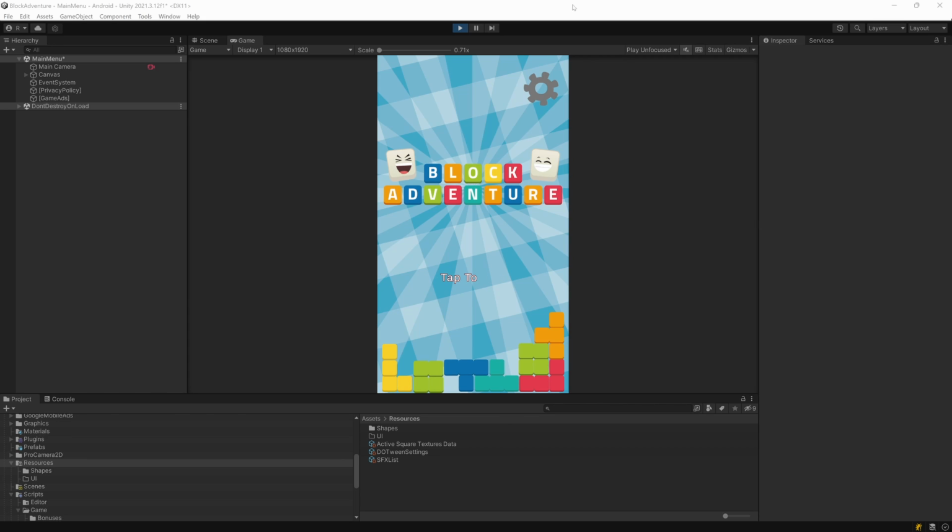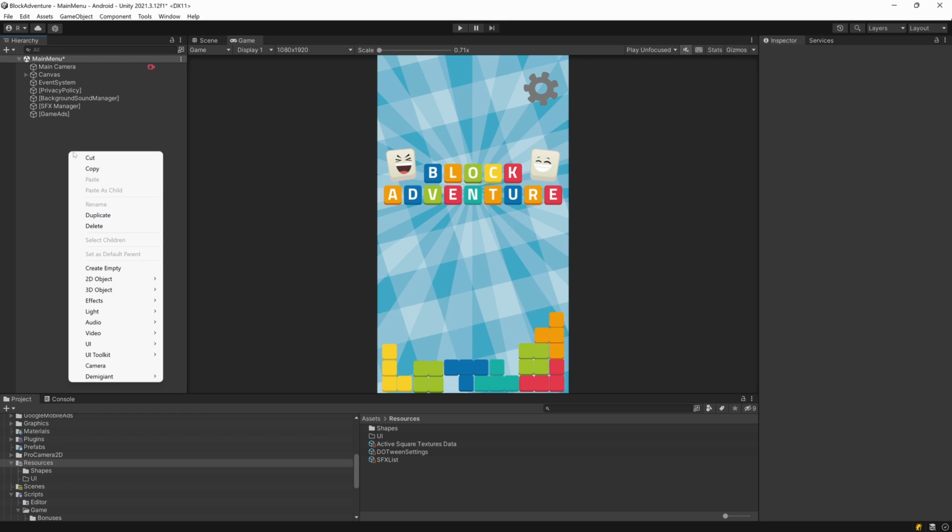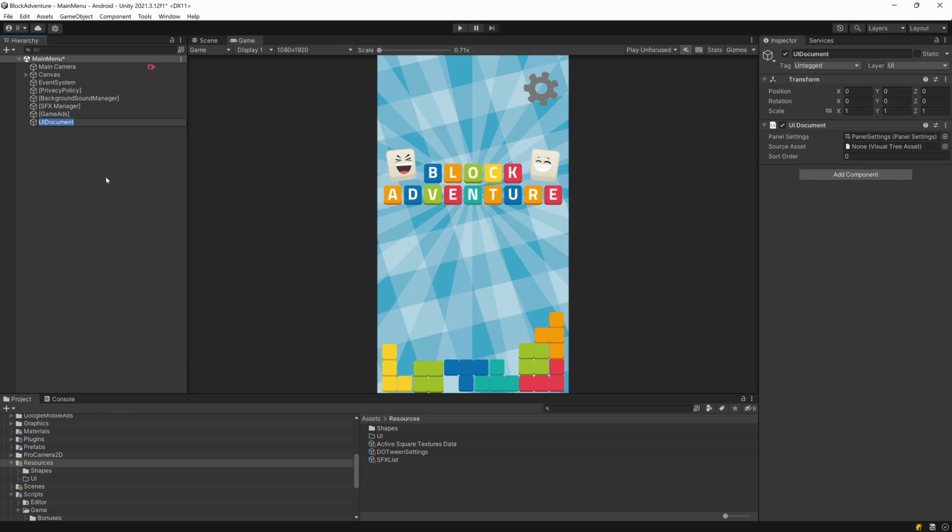So as you can see on the screen, here is my game, and I want to create the pop-up to ask for the permission from the user to display the personalized advertisement. So let's start by creating the UI document. So I will just right click, UI toolkit, and then UI document. I'm gonna name this document GDPR